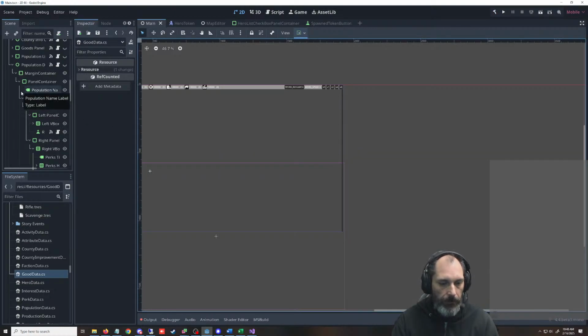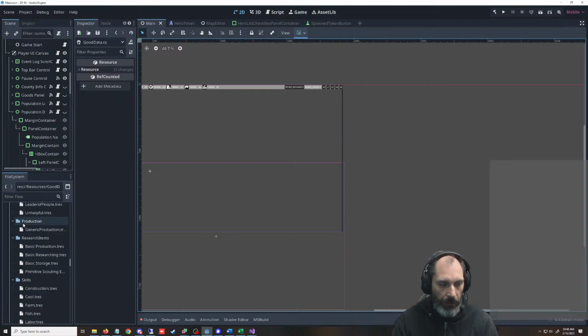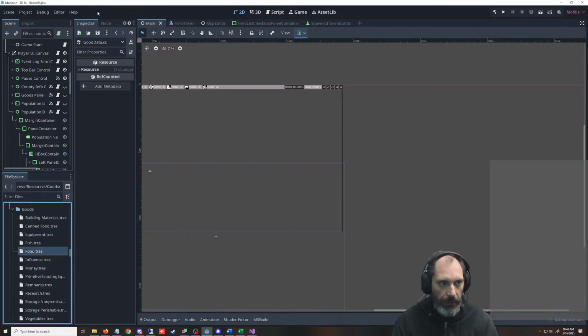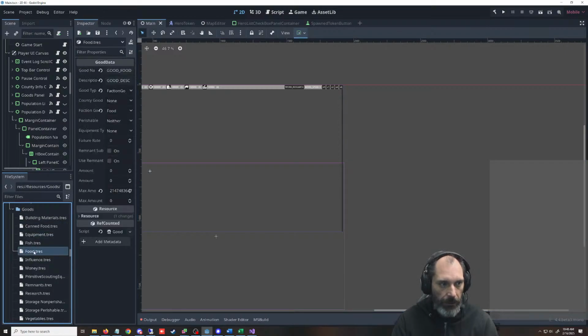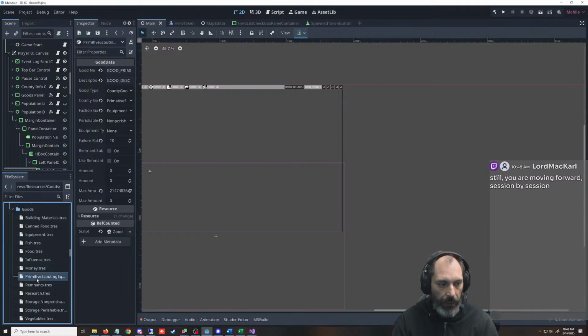And where was I going? Oh yeah, we need to set each one of these pieces of equipment. The good thing is that we only need to set one piece of equipment because they're all going to default to none. So if we double click on this, it's going to default to none, which is all these are none except for this is going to be reconnaissance equipment.